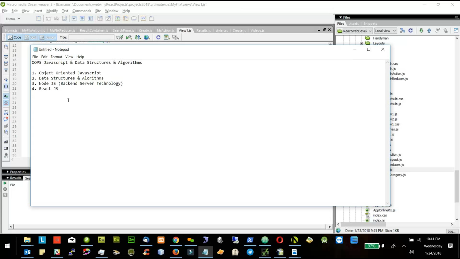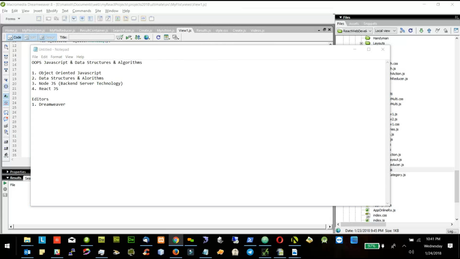Now the editors, we have to use the editors. Now everybody tell me which editor they are using. I'm using Dreamweaver. I like that one. So everybody has their own choice. You can use any editor which you want. So just tell me the editor which you are using. Just type the editor which you are using.